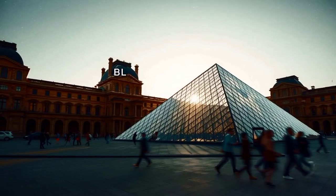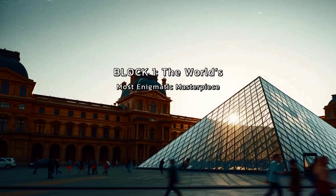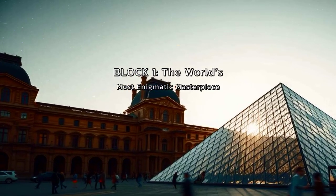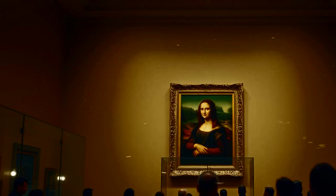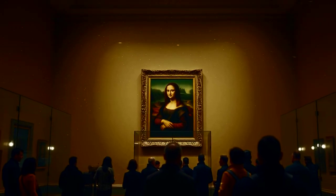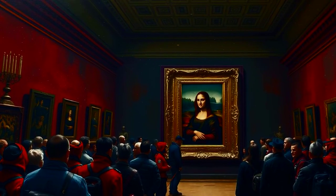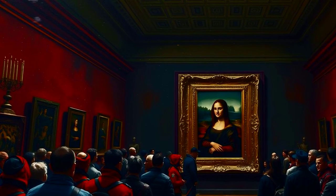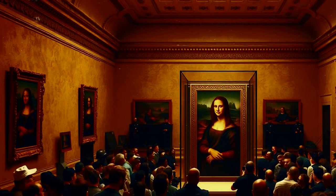In the hallowed halls of the Louvre Museum in Paris, behind bulletproof glass and surrounded by crowds of mesmerized visitors, hangs perhaps the most famous painting in human history. Her enigmatic smile has captivated millions. Her gaze has followed countless admirers, and her secrets have puzzled art historians, scientists, and conspiracy theorists for over 500